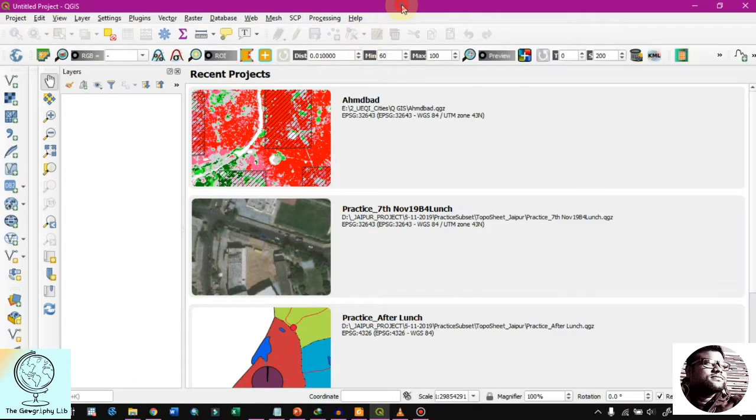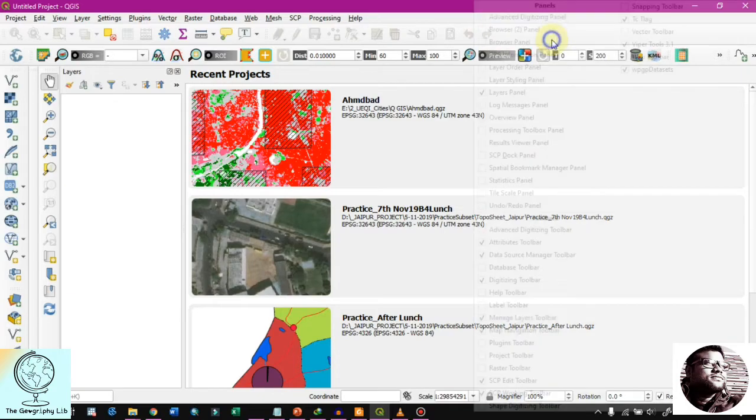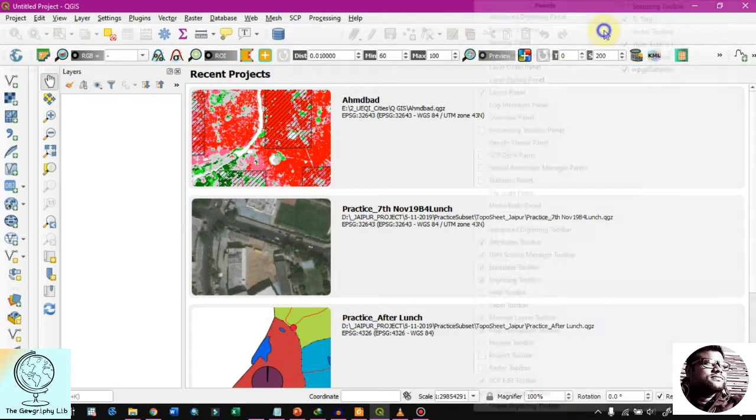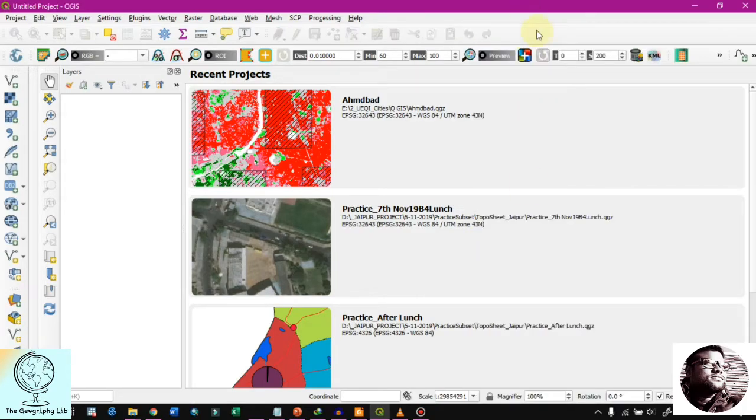analysis. So for this first episode, the thing is that these are the menu bars and these are the toolbars. If you want to add some tools or remove some toolbars from the main screen, then you just have to right click here and check or uncheck all these things.